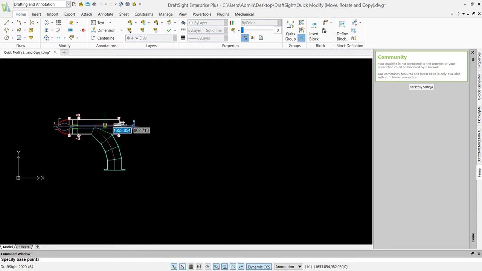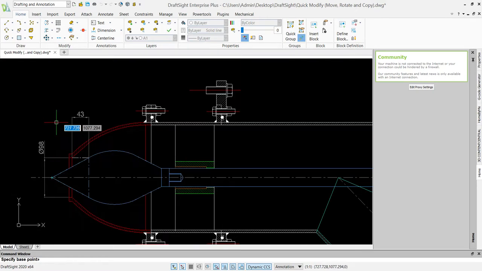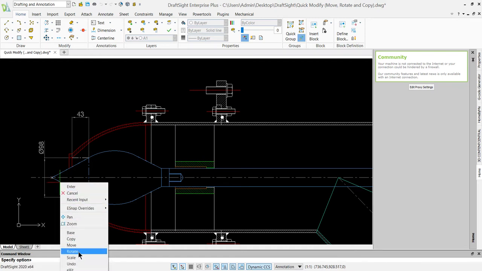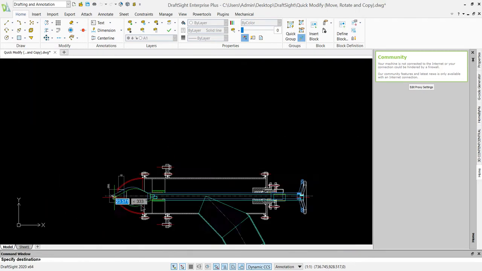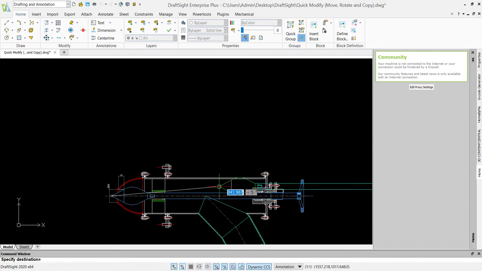Specify entity, done. Specify the base point. I'll select the origin point tip as my base. Then right click and select move. I just want to move this entire block from here